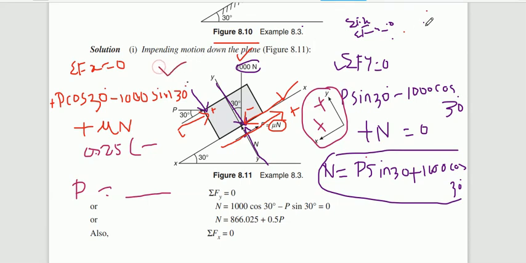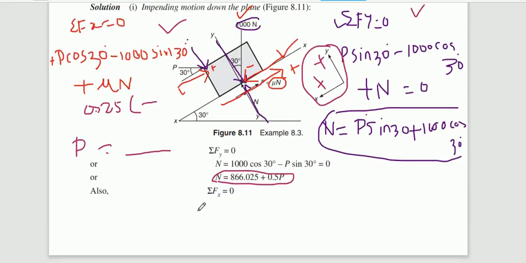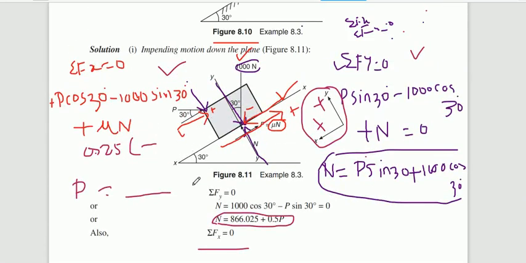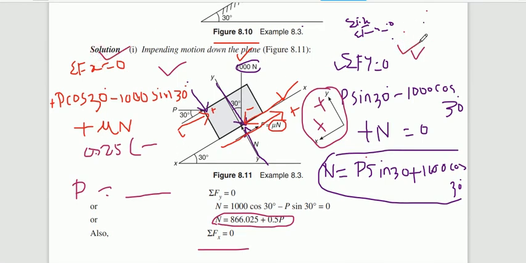So you just apply the same condition, summation of Fx and Fy, and try to solve it. Here also the same thing: they obtained the N equation by solving, and summation of Fx is equal to 0. They substituted the value of N, and this is mu, and in the entire equation P is the unknown. By solving that, you will get the value of P. The important thing here is to draw all the forces acting on the block. The rest is summation of Fx equals 0, summation of Fy equals 0, the same thing you solved in module 1 itself. So you can easily apply the equilibrium condition.